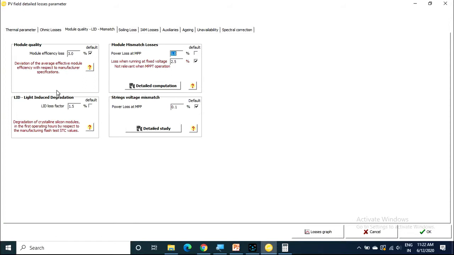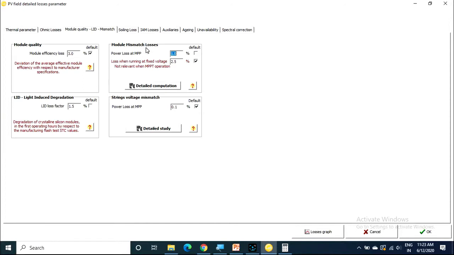I am choosing this value only. And there will be another one, light induced degradation. Light induced degradation means as the panel aging increases, the absorbing capacity decreases every year by some percentage. It will be accounted up to maximum 2%. I am choosing 1.5%.